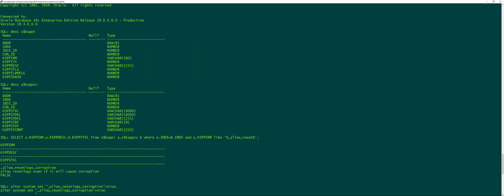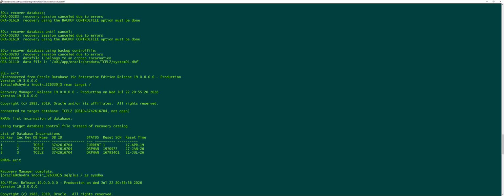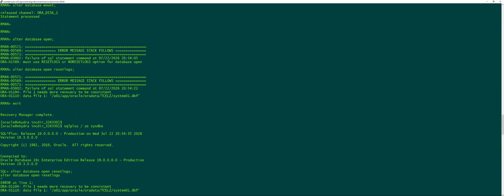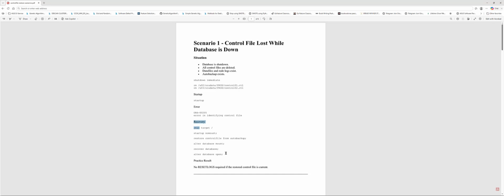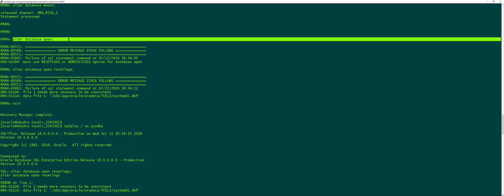Okay, so now if you see, our goal was to restore the control file, right? Our goal was to remove the control file, then restore the control file and make sure that we bring up the database. But if you see, when I use these steps, these steps will be successful whenever we are having all the archive logs and all the correct backups in place. But I don't have any backups, so I tried to open the database, but